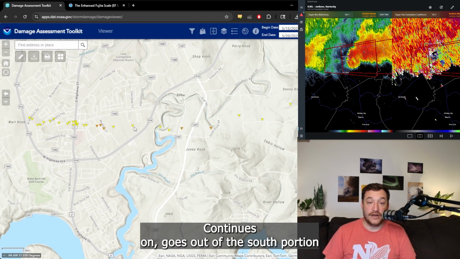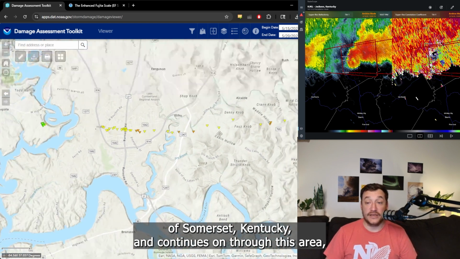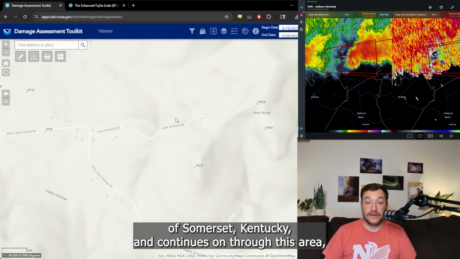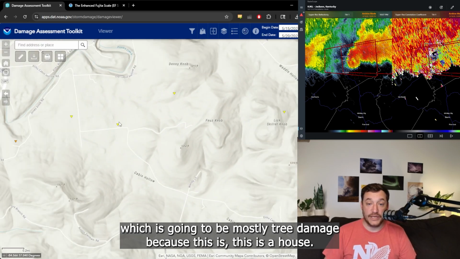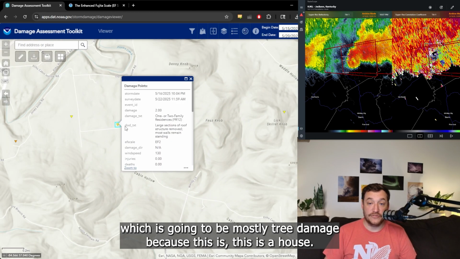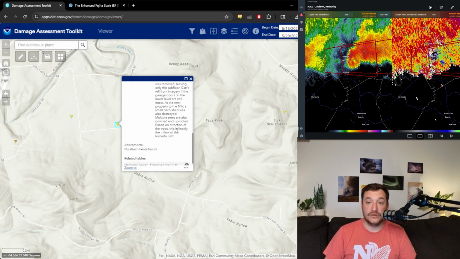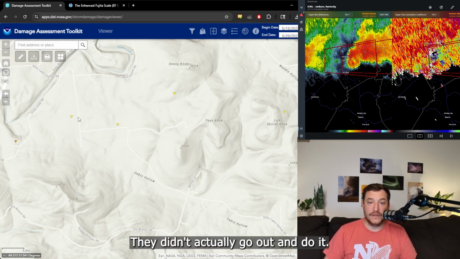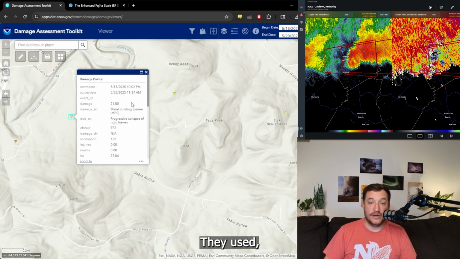Continues on, goes out of the south portion of Somerset, Kentucky, and continues on through this area, which is going to be mostly tree damage because this is a house. They didn't actually go out and do it. They used